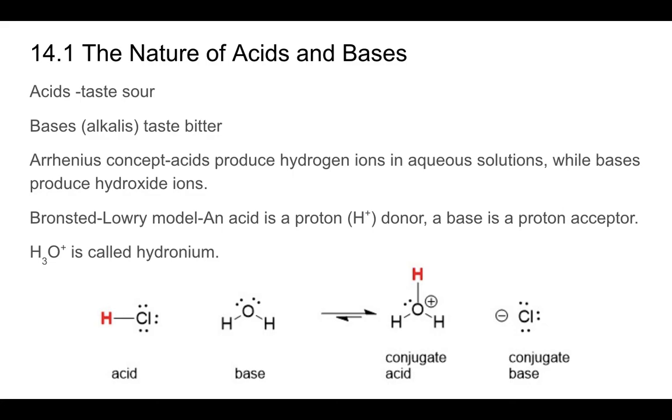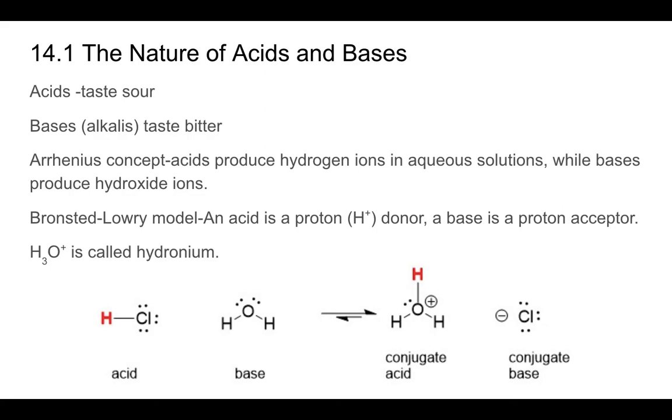In fact, it is the one that we generally use in Chem 1. The idea of the Arrhenius concept, Svante Arrhenius from the 1880s, his concept was that acids, when they are placed in water, they ionize to produce hydrogen ions, H plus ions, and that when bases are added to water, they